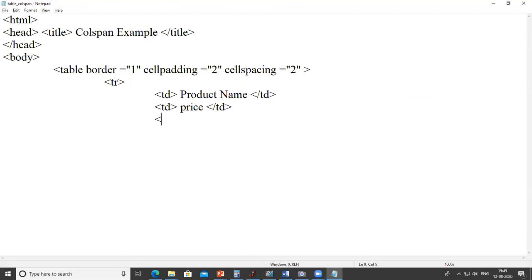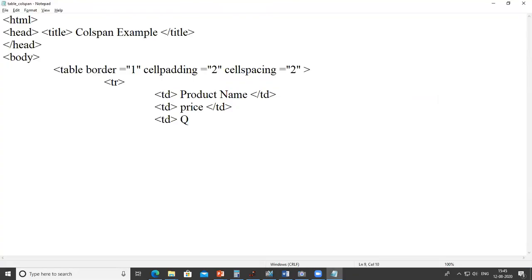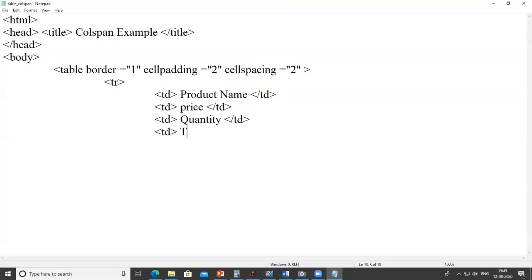In third TD it's a quantity and then close the TD tag. Last one, it's a total price. And then I close the TD and close the TR.